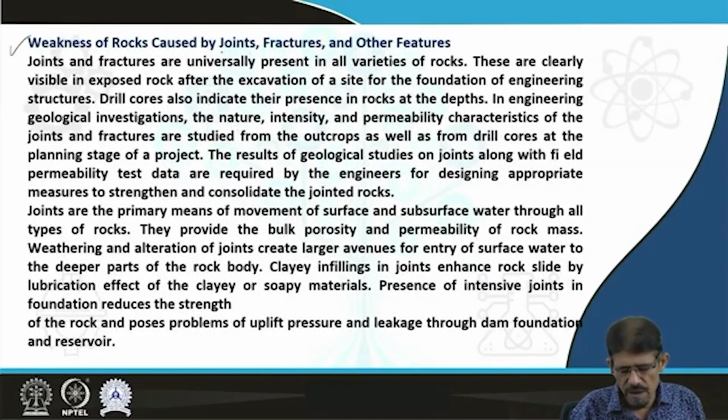Another, we have varieties of structures, joints, fractures and other features which directly or indirectly influence the stability aspects of an engineering project. We have already discussed the role of joints in categorization of rock mass, and based on the joint frequency, joint aperture, joint number, and joint conditions, we have calculated the strength based quality response of rocks. So you are all very familiar with the role of joints, fractures and other features like bedding, lamination,